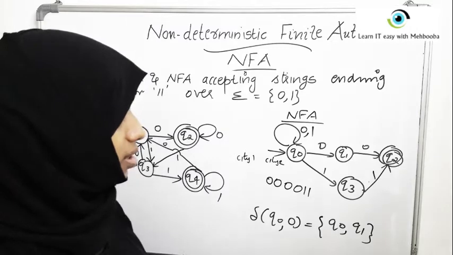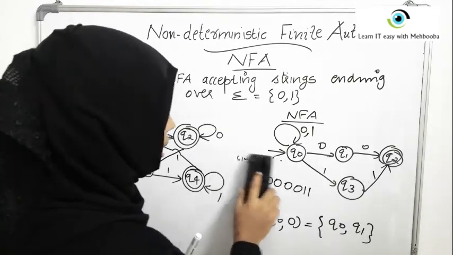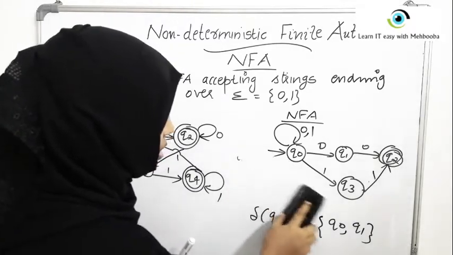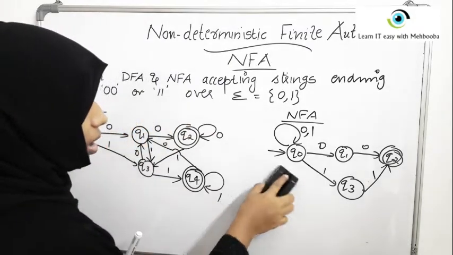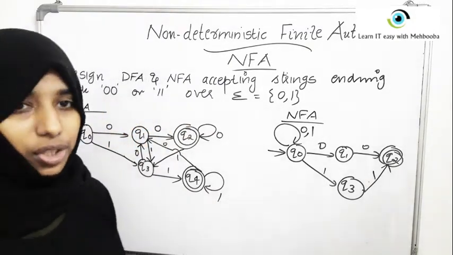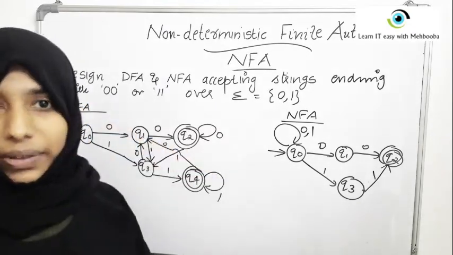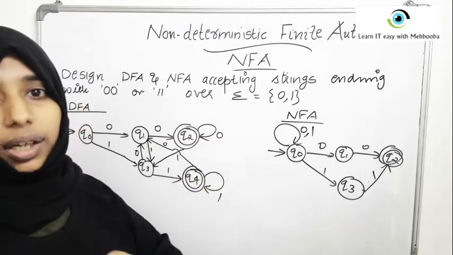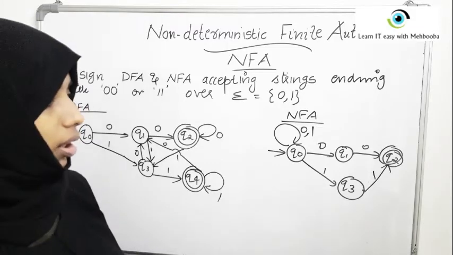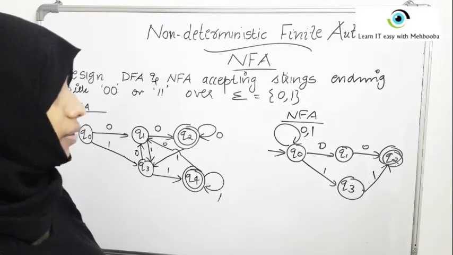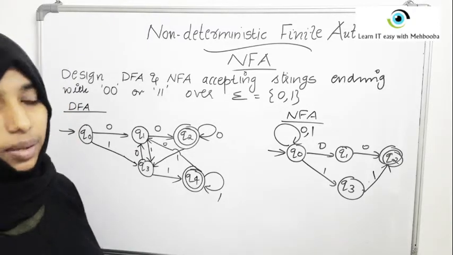So that's it. This is how the NFA and DFA for the same question look. We will see more examples and we can understand that an NFA is quite simple to draw compared to a DFA. But again, both of them have the same computational power. And don't worry, if you are asked to draw a DFA and you are comfortable with NFA, you can always convert an NFA back into a DFA. We will see an algorithm for that in the next video. In this video, we will see more examples for DFAs and NFAs.